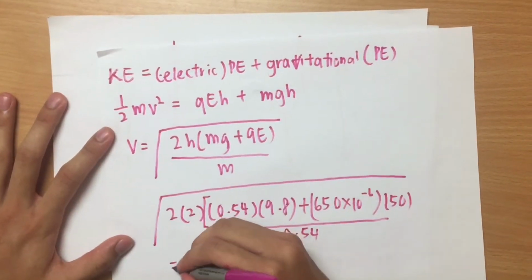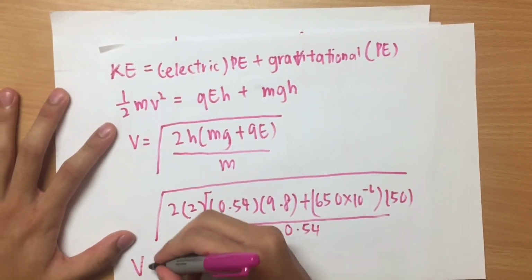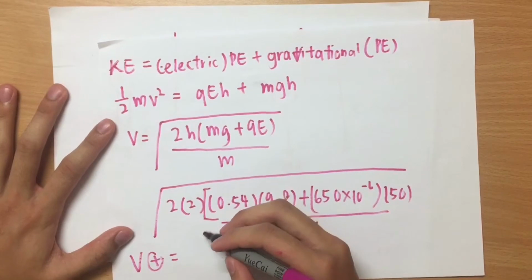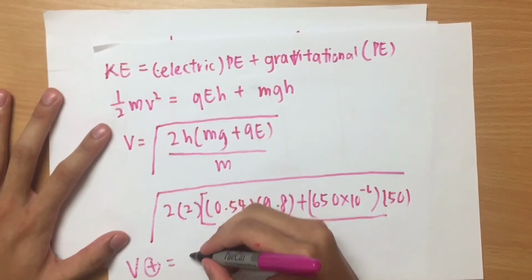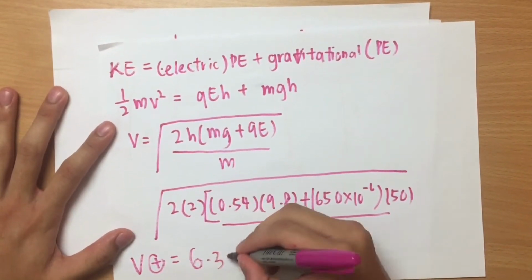So from here we'll get the v for the positive charge is 6.32